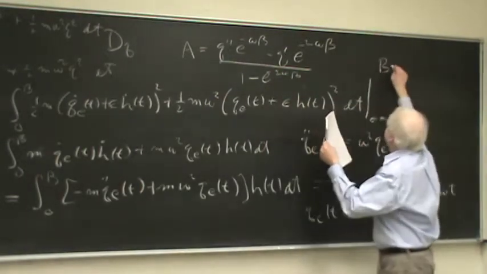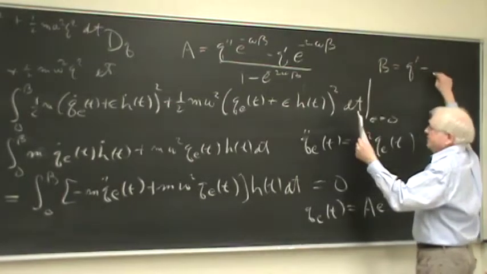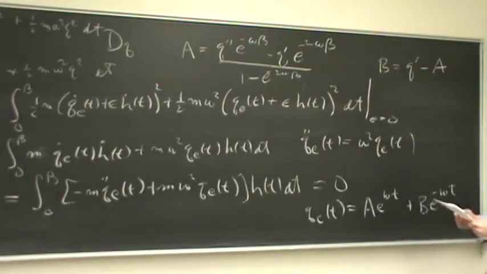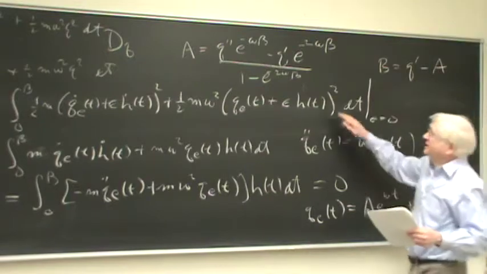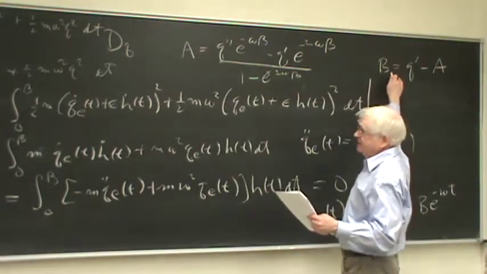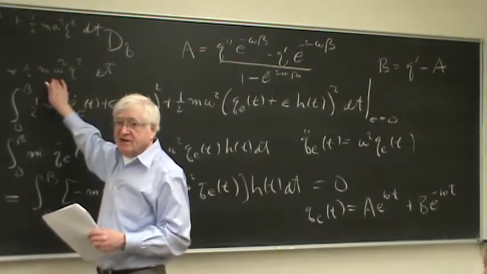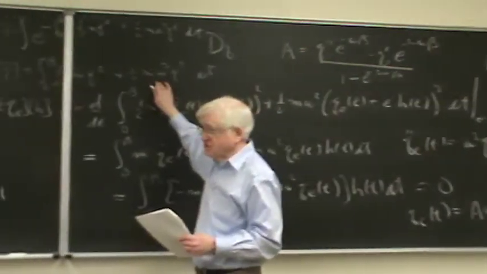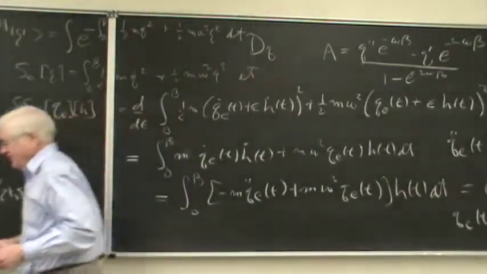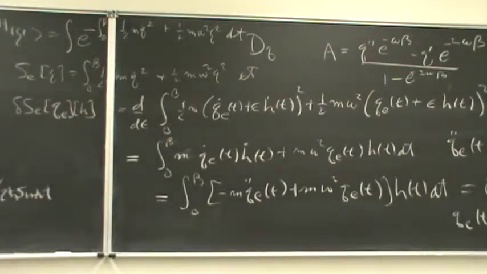And B, it turns out, is very simple. It's just Q prime minus A. And now what you can do is you can take this formula, which is very simple, and with these two values of A and B, shove them into this formula here, do the integration, and then you find out what the actual classical action is of